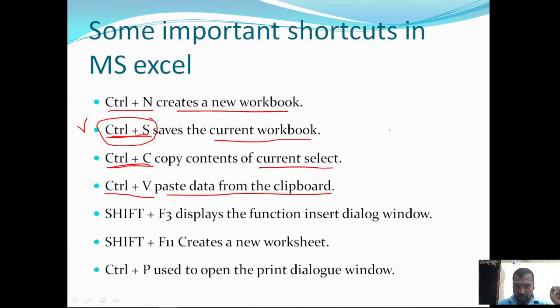If you use the Control plus X button, then it performs the cut operation.